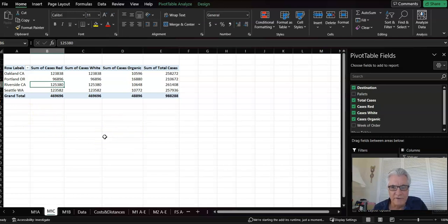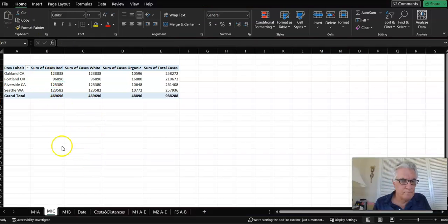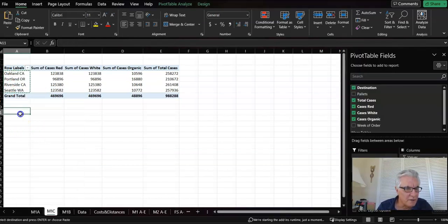Let me know if that's confusing. I'm sure you can all figure that out. If you use the get pivot data method, it'll be a little more complicated, but you should get to the same answer. So what I'm essentially saying to do is to create another table, copy this down below,